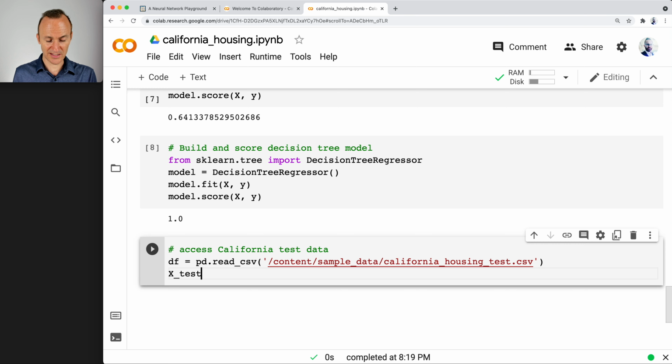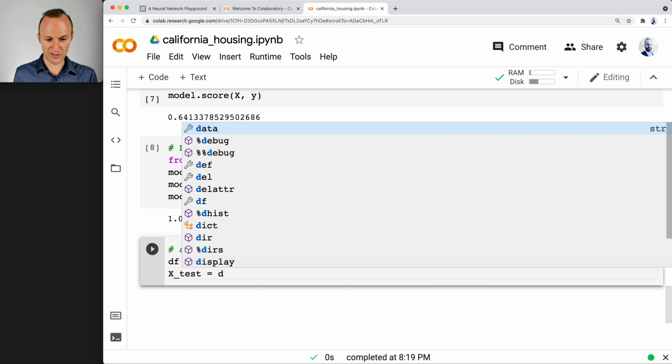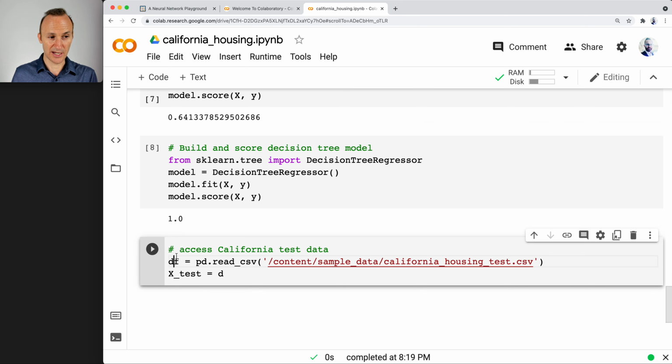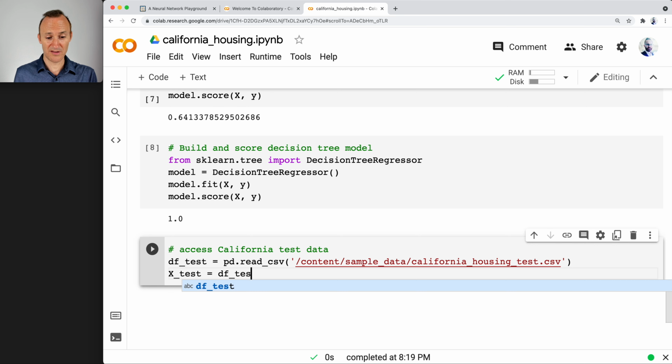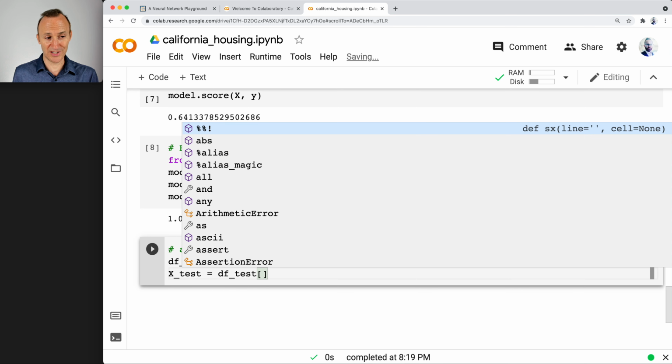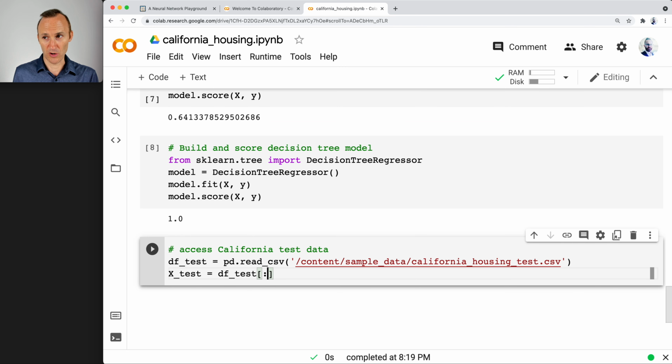Let's split into an X test. Don't call it DF here. I mean, you could rewrite it, but if you call it DF test, then we actually have access to both, okay? It's a data frame, but it's the test set. So among that test set, you would split it the same way: all rows, comma, all columns,